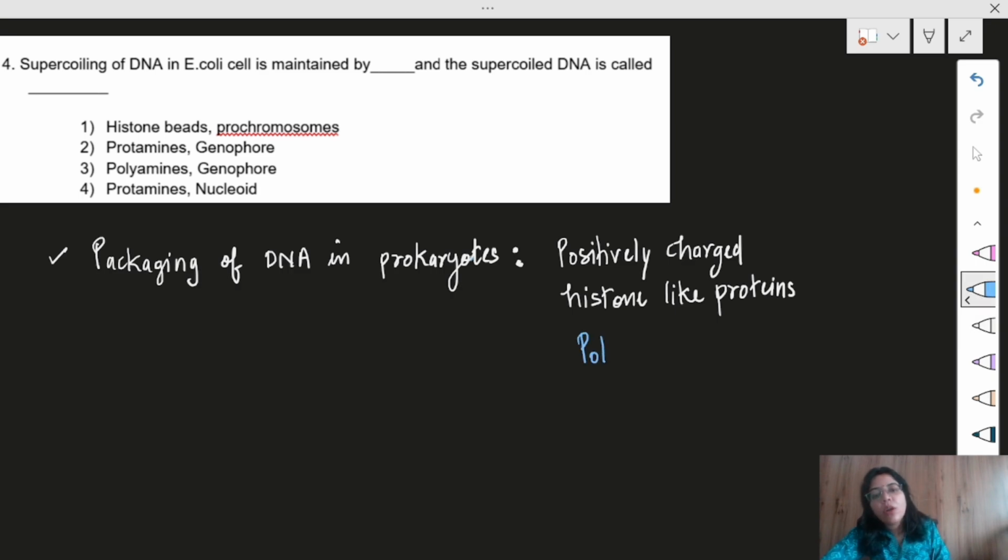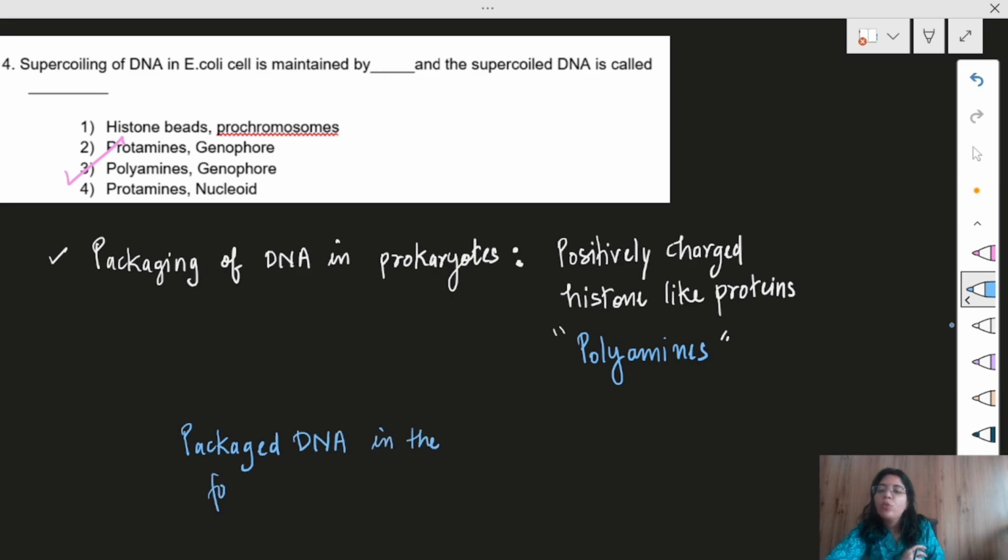They are together called polyamines. Okay, what is the name? Polyamines. The name is not given in NCERT, so I am bringing only a little bit out of NCERT questions for you. Only one option you can see where polyamine is mentioned, right? Another thing I will write here: packaged DNA in the form of loops in prokaryotes,